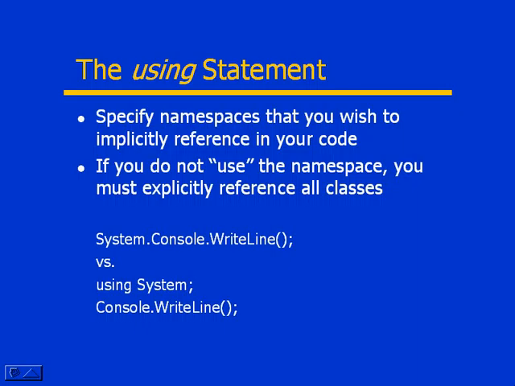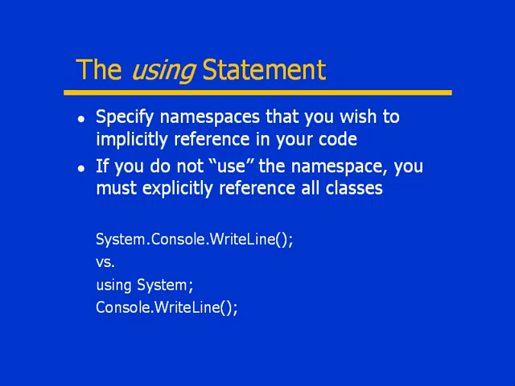The using statement allows you to specify namespaces that you want to implicitly reference in your code. So you don't have to actually use those same namespace references over and over again when you're writing your applications. Now, if you don't use the namespace with the using statement, then that means whenever you use classes in a namespace, you really need to explicitly reference all those classes in order to make sure that they can